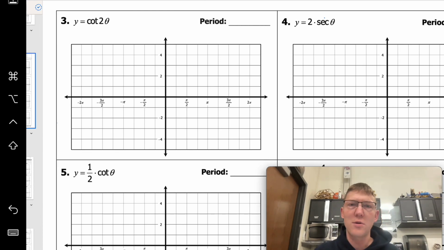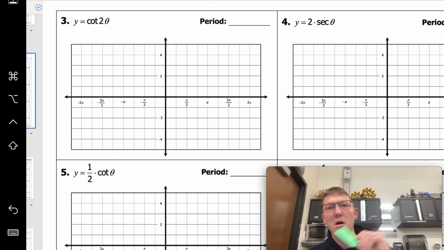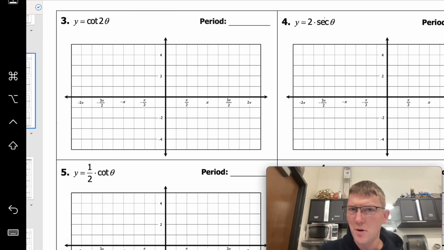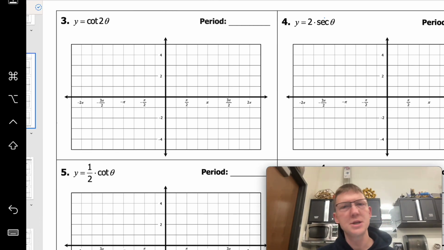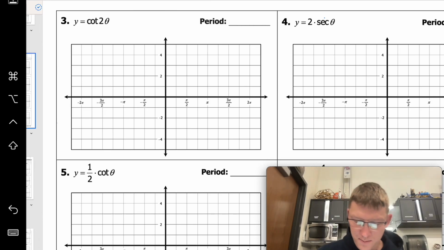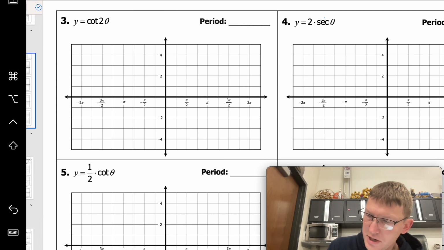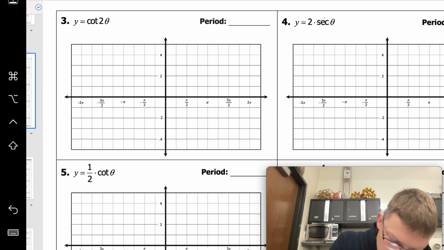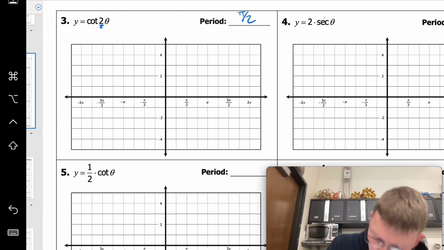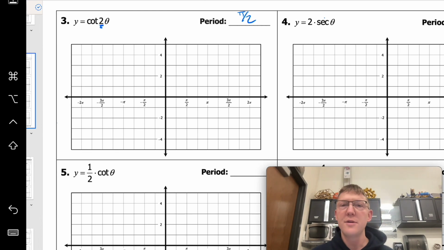And if you haven't done this already, I would make a little note card of some of the different periods and things like that, because I get them all confused all the time. But cotangent is related to tangent, so we're going to use that as our period. And then the equation for that is pi over b. In this case, our b is 2, so we're going to say pi over 2 is our period. This is helpful because now we know, once we find one thing, that it repeats every pi over 2